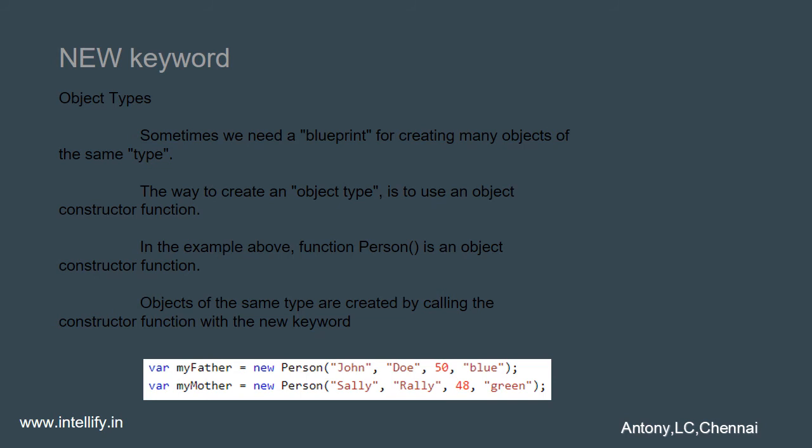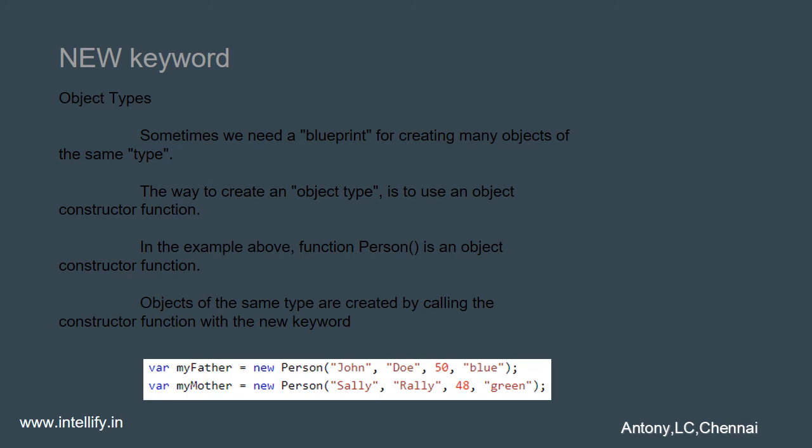It binds the property or function which is declared with the this keyword to the new object. It returns the newly created object unless the constructor function returns a non-primitive value, that is, a custom JavaScript object. If the constructor function does not include a return statement, then the compiler will insert return this implicitly at the end of the function. If the constructor function returns a primitive value, then it will be ignored.